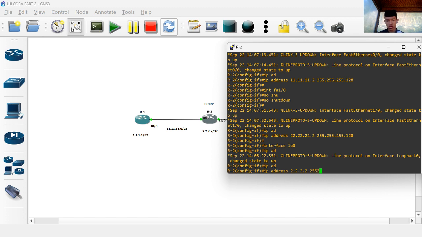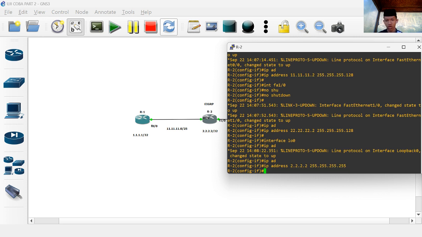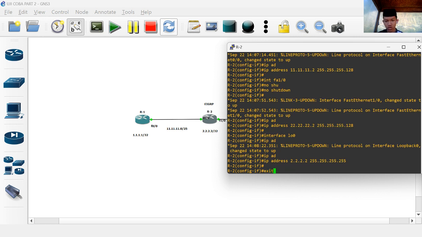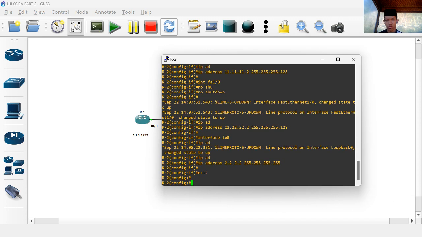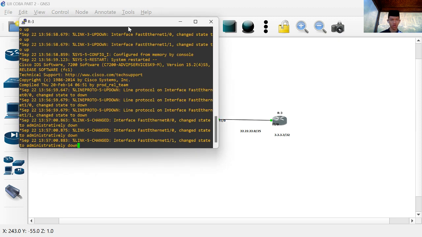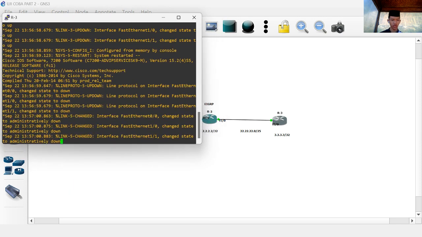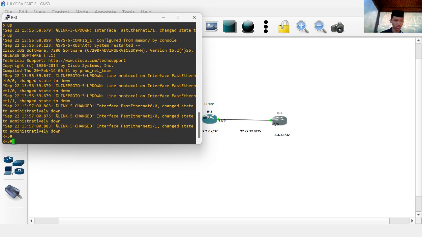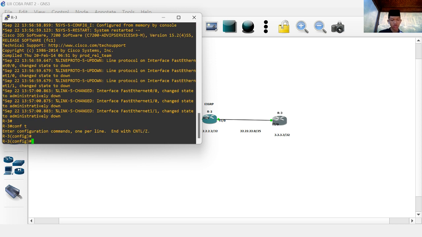The subnet mask for /32 is 255.255.255.255. Enter, and then we can exit, and the last is to configure the IP address on router 3. If like this, you can enter configure terminal and interface